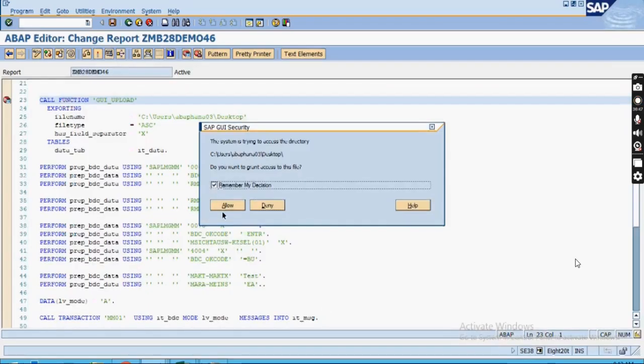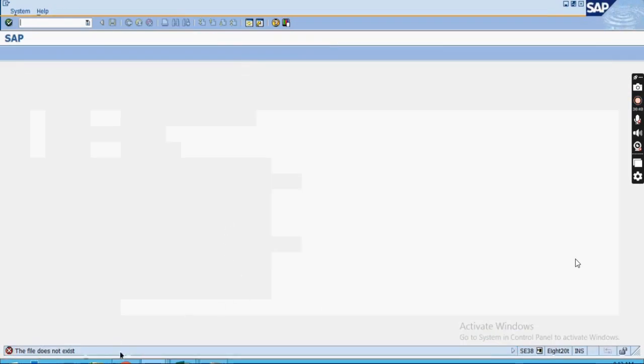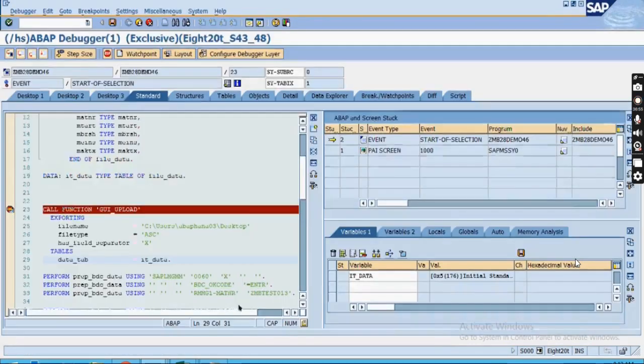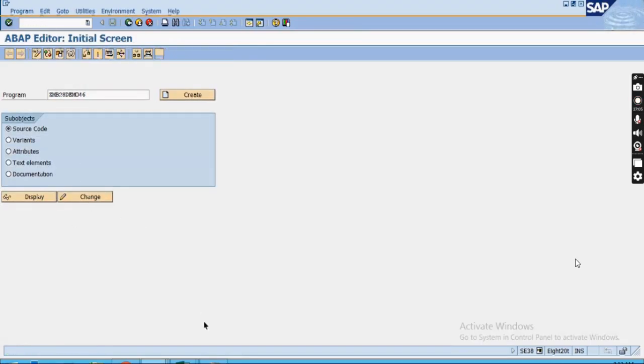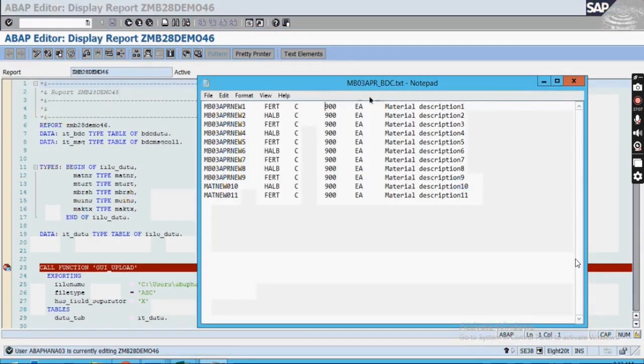Press F6. It's trying to read the file. The file does not exist. It's telling the file does not exist. Why? Maybe we have not kept it, we have only given the desktop. We have not given the file name. That's the problem. Okay. So go here, go to the program, SC38, go into change mode, and we'll give the name of the file,